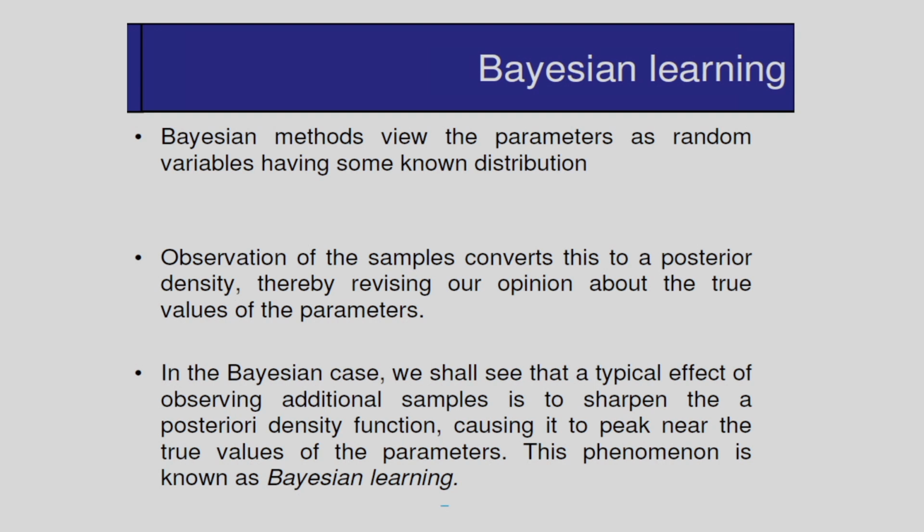So in case of the Bayesian learning, I have to maximize the probability of theta given D, where D is the training set and theta is the parameter vector. In this case, theta is the random variable. That means we have to determine the density that approximates an impulse. Briefly, I will explain the mathematical formulation of the Bayesian learning.